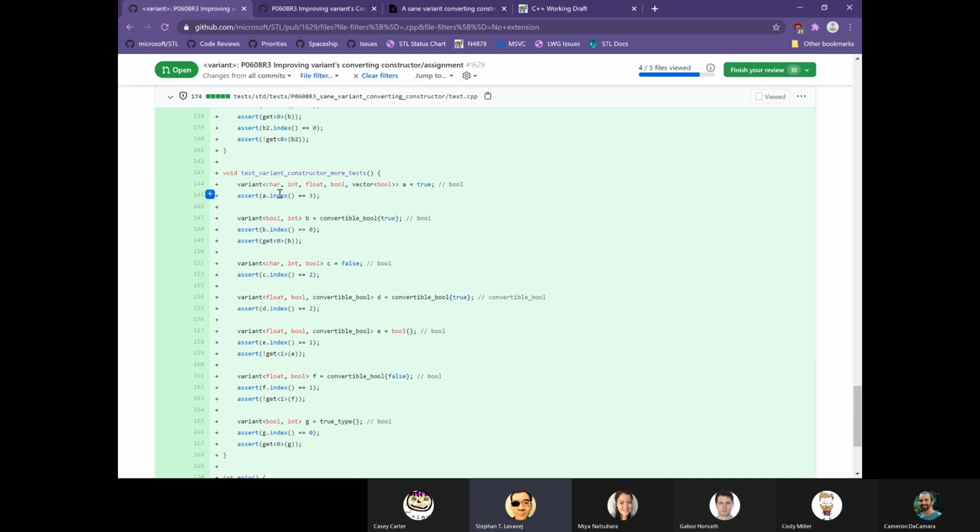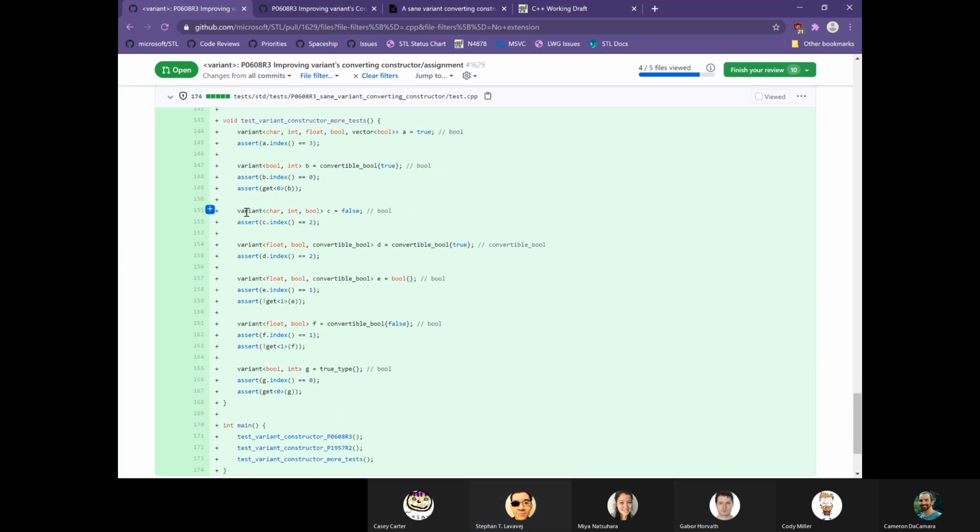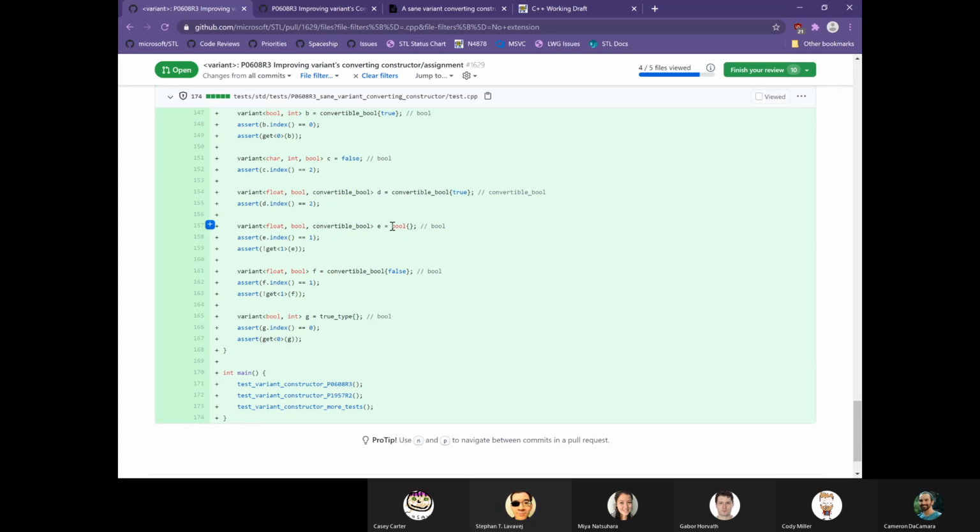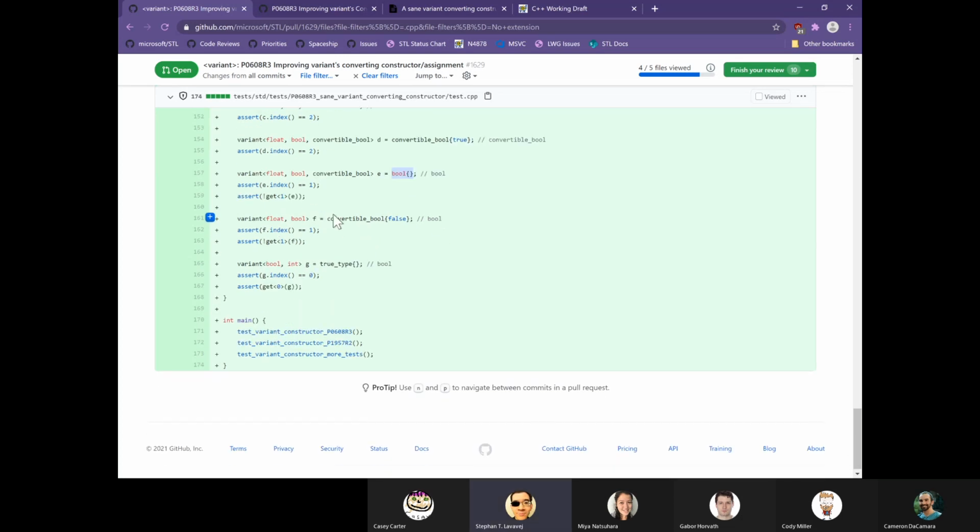Love those braces for a temporary. Char, int, bool, false. Okay, that should select the convertible bool. This is a fancy way of spelling false. Okay. Convertible bool should be convertible to the bool. Yep. And bool int. Okay, so this is all good, except that there are no tests of the assignment, which